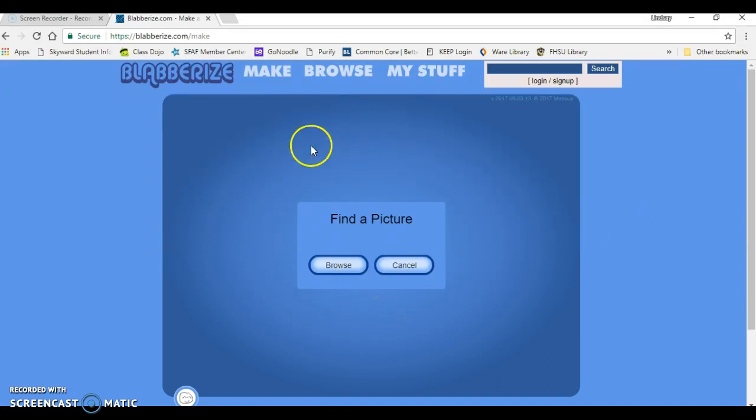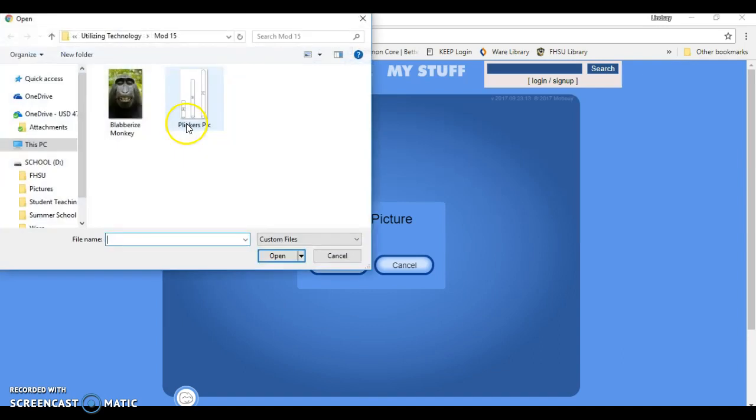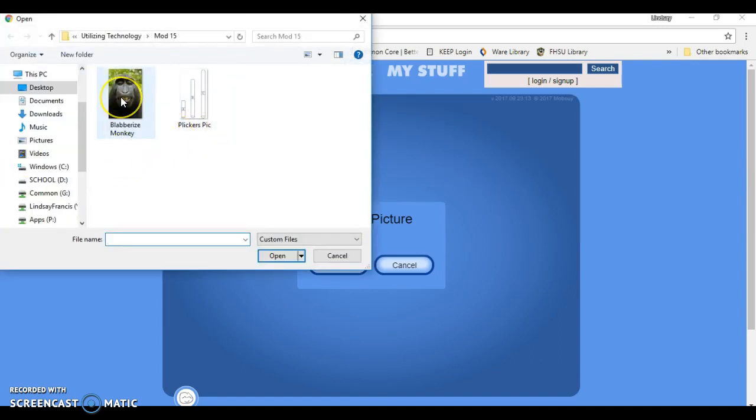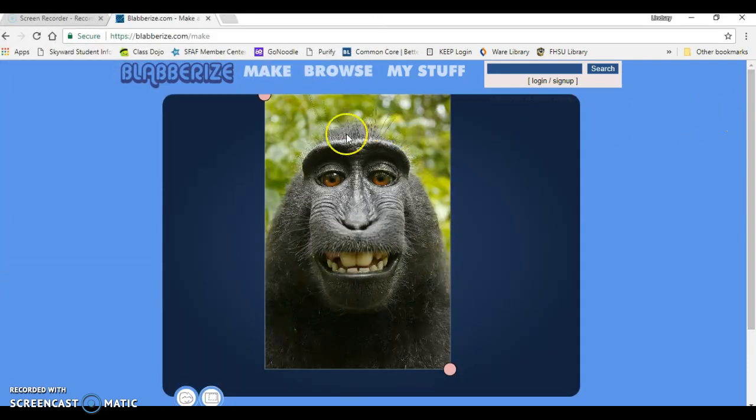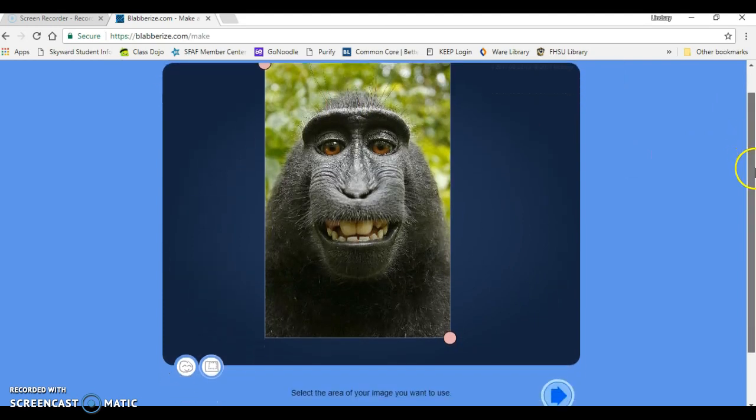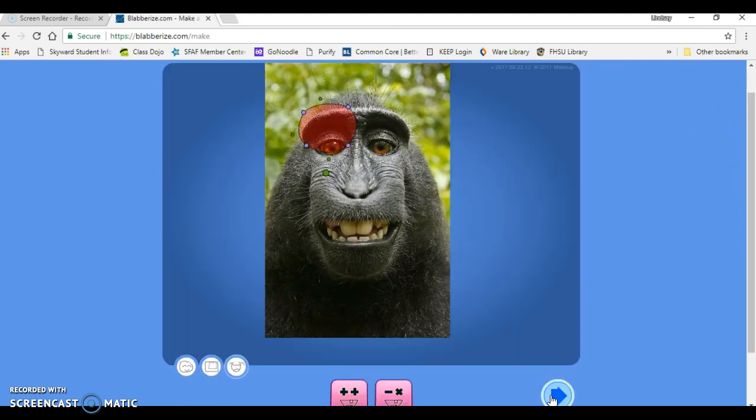But to make one, you go to that make button, and this is where you bring in your picture. So we're going to browse for one and pretend that I was doing research on a monkey. So for our monkey, he will pop up on this blue screen right here, and you have the option to crop your photo, but we're just going to use the whole picture this time. And now it brings you to this red blob, and this is the blob that needs to outline the monkey's mouth because it shows you which parts will be moving once we record